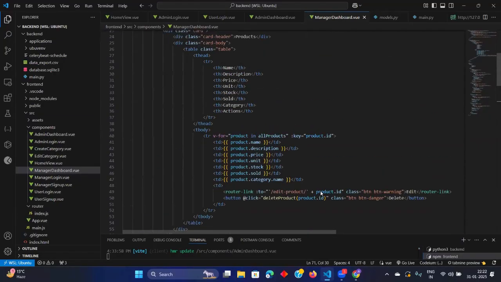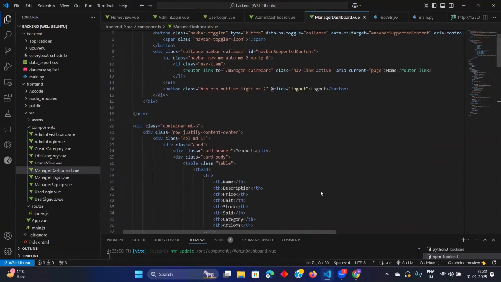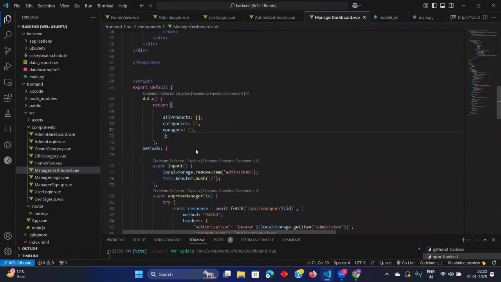Categories, managers we don't need actually. Why is it getting manager details? I'll leave this manager thing. Okay. We need categories.